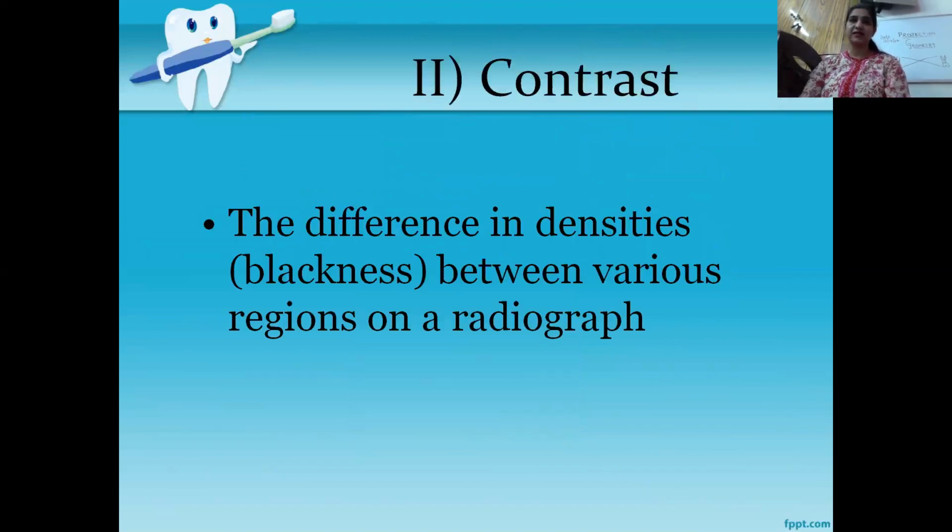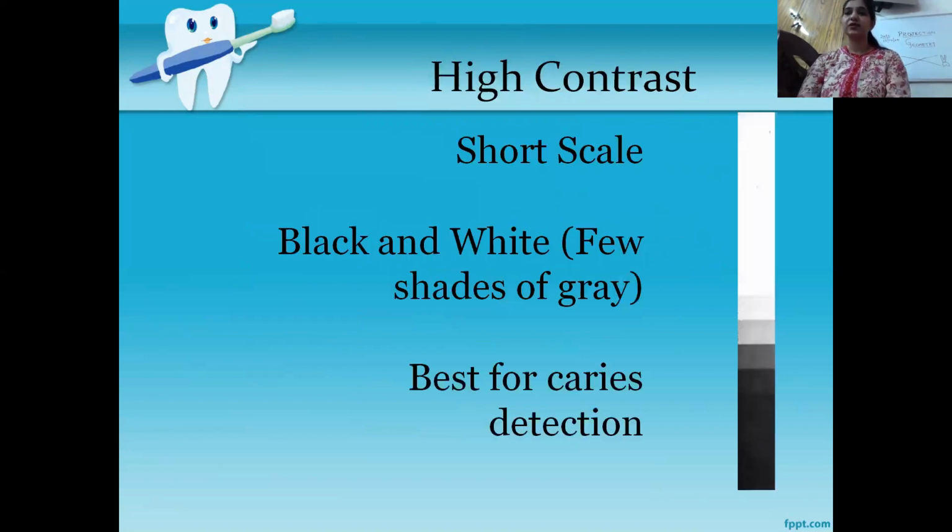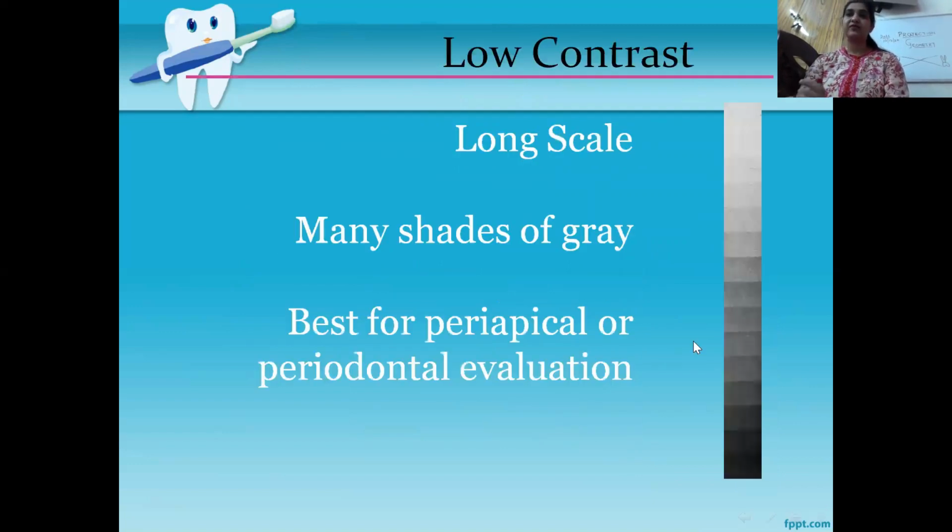Then contrast. What is contrast? The contrast is the difference in the densities, that is the blackness, between various regions on a radiograph. Where there is sharp demarcation of white and black and a little bit of gray scales, it is termed high contrast. There are very few shades of gray, and more black and white, and this is best for caries detection. Whereas low contrast has many shades of gray and is best for periapical or periodontal